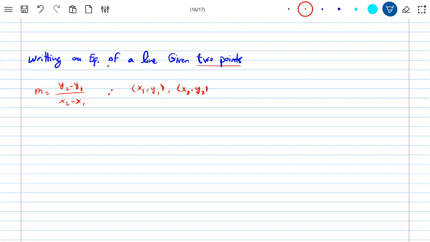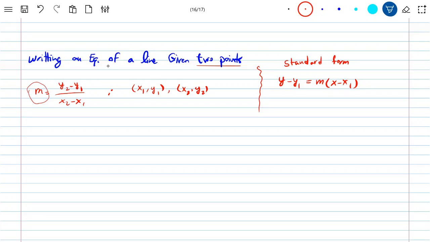This was our calculation toward the slope, the definition of the slope. So you have found the slope through the 2 given points. How do you find the equation? There is an equation, the standard form of the equation, if you remember: y minus y1 equals m times x minus x1. This was the standard form of the linear equation. You can use this